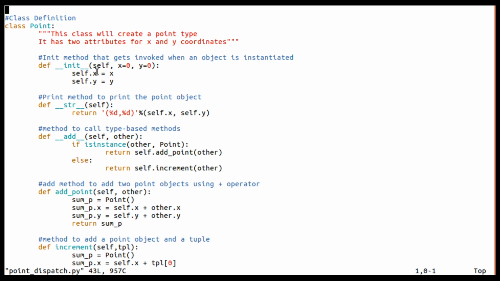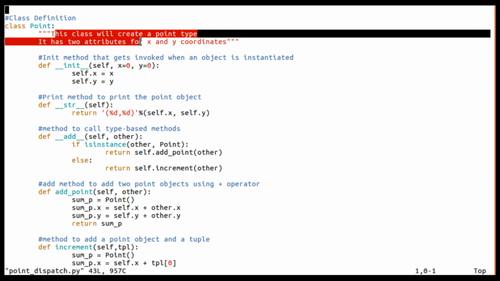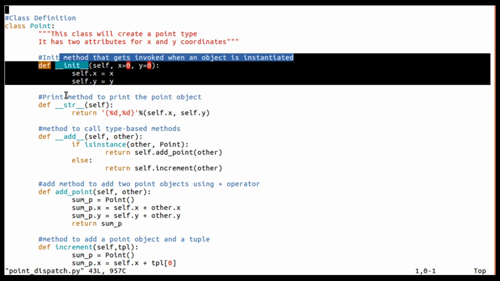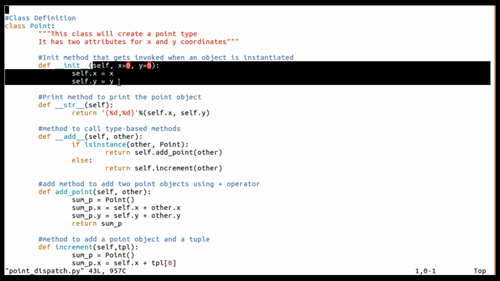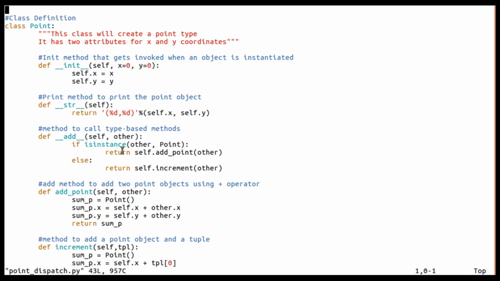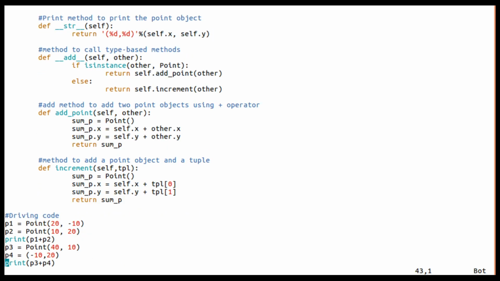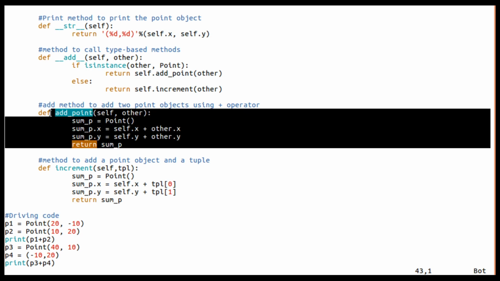So already you know much of this. This is the definition of a Point class, this is an init method to initialize attributes, this is a str method to print, and this is an add method. Look at add_point, which is similar to what we had discussed earlier.